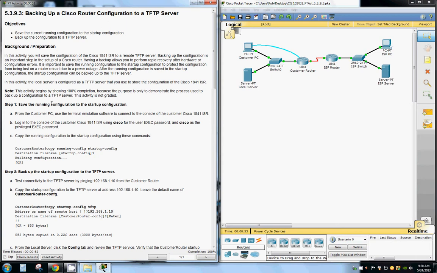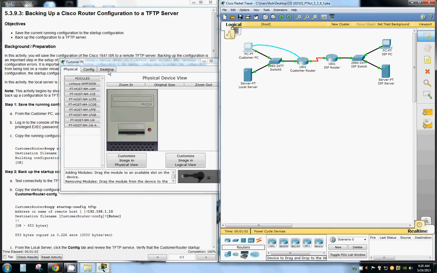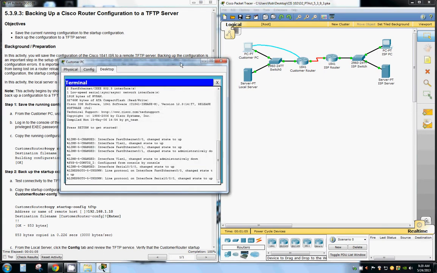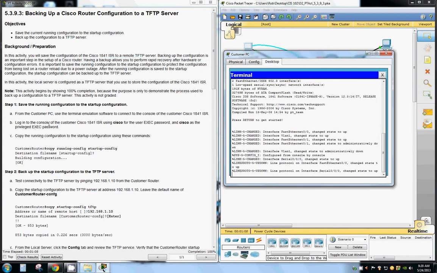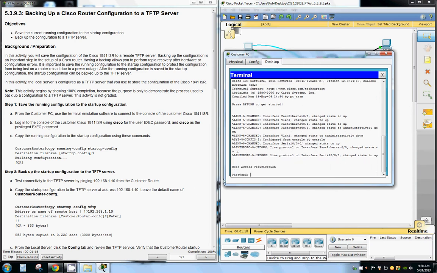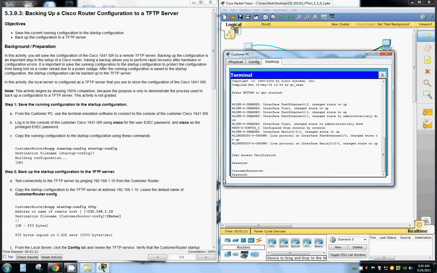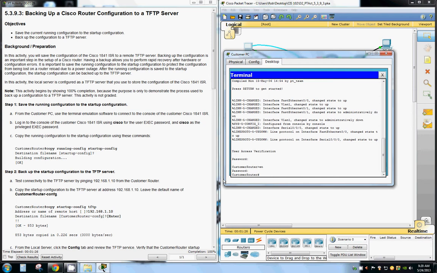So save the running configuration to the startup configuration. From the customer PC, use the terminal emulation software to connect to the console of the customer Cisco 1841 ISR. We're going to go to our terminal. We're going to log in to the console and get into privileged exec mode. So we are in privileged exec mode after I enter my password. And then from there we're going to copy running-config startup-config,